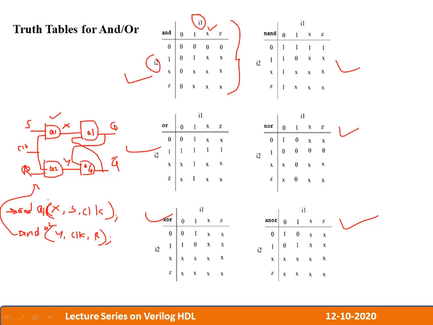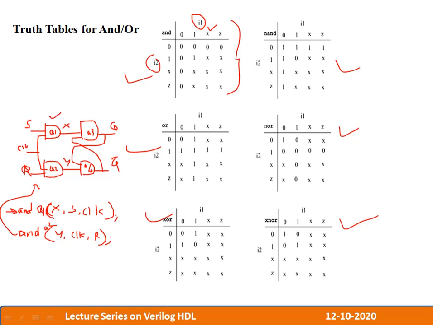So it is best practice to mention the instantiations of any gates you are writing. Since this is a simple circuit, it was easy for you to identify the different gates. But imagine a processor which has millions of gates, and you just mention AND without saying which AND gate. It becomes very difficult for that person to identify it. So it is always better to mention any particular AND gate with instances.